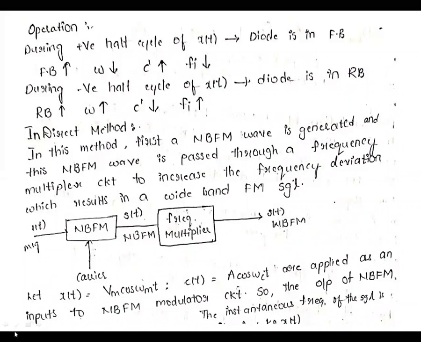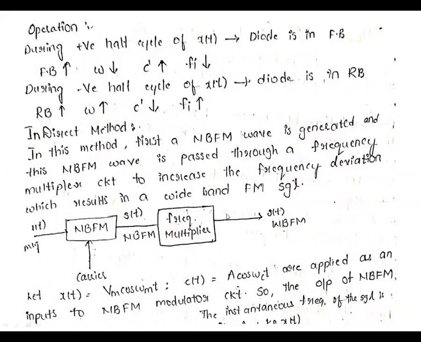It is a simple circuit, and the explanation also is simple, so please practice it. Some of the examiners may ask you to explain the parameter variation method, and they ask you to simply explain the circuit diagram and all these concepts. The direct method of generation and the parameter variation method are both the same. That means the direct method of generation is nothing but the parameter variation method. Now let us go for the indirect method of generation.